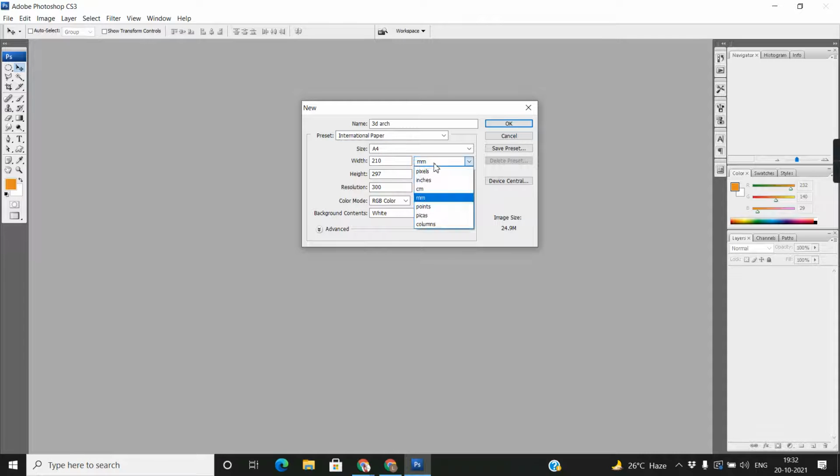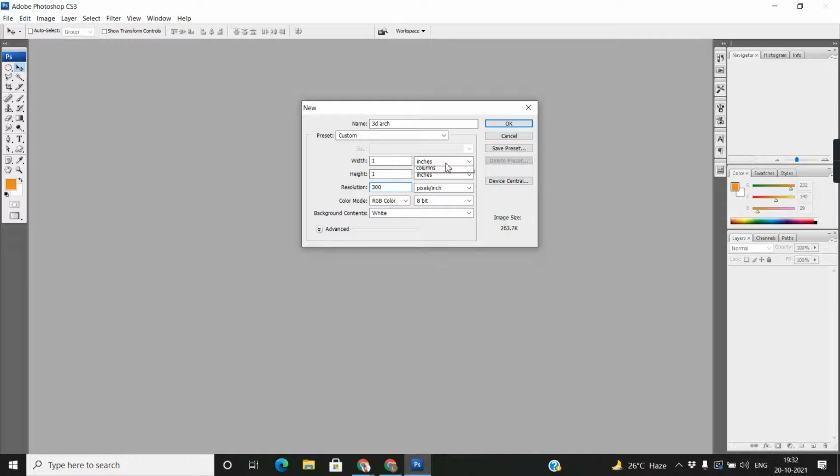So look, if I use pixel, and I'm using 1 inch by 1 inch and 1 inch resolution. The resolution is pixels per inch. And if I enter 300, so look, the file size is automatically increased.